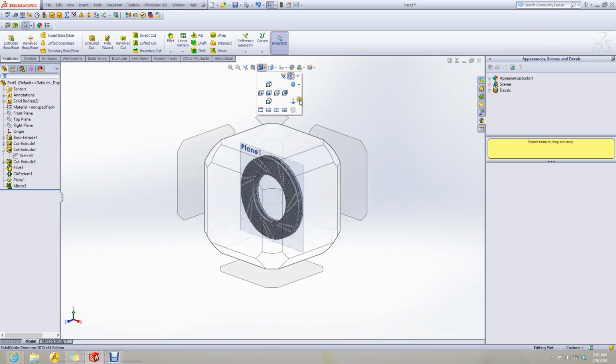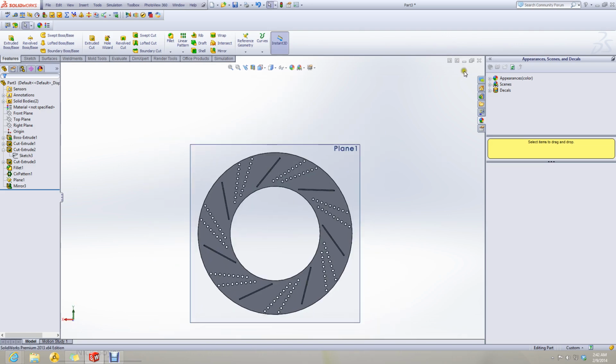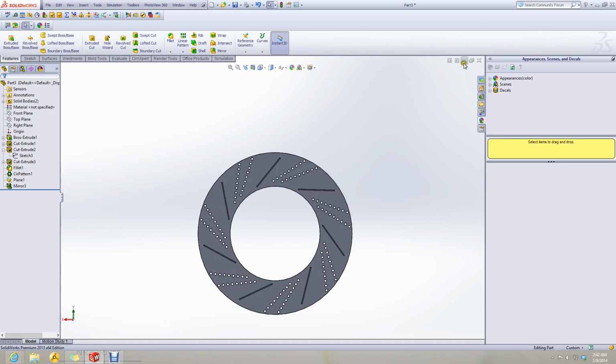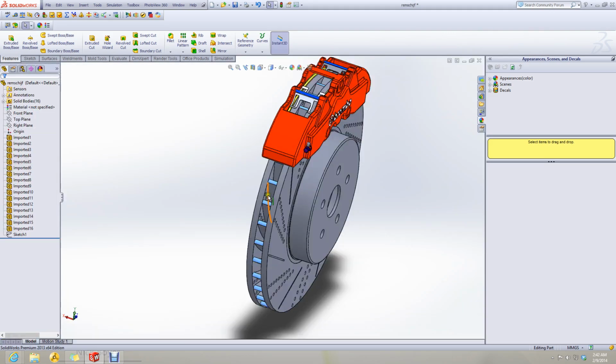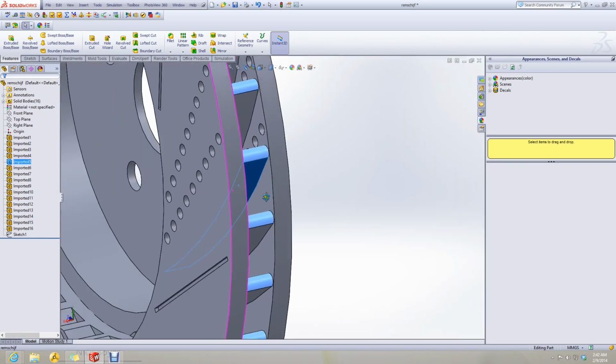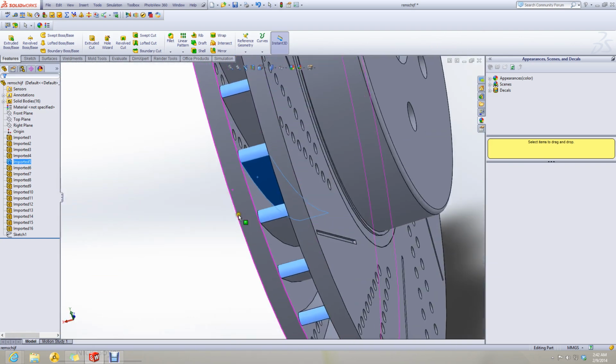Now what remains? These internal blades or whatever these should be called.